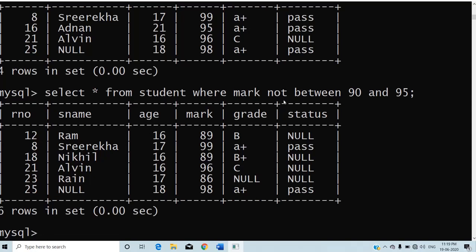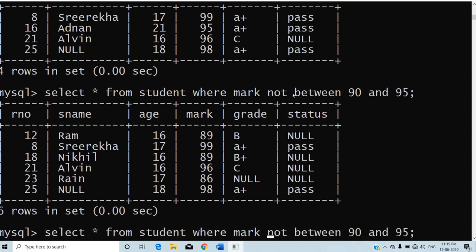Now, can you say an alternative method for a NOT BETWEEN query? Mark not between 90 and 95 means mark is less than 90, or, again repeating the attribute name, mark greater than 95.